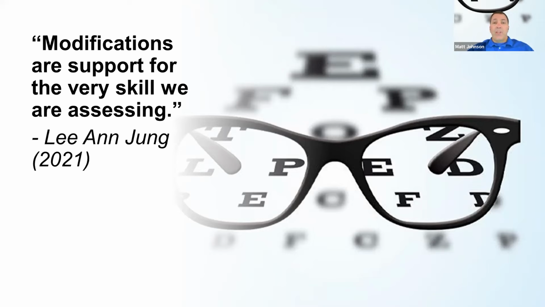So there could be some different things going on. If the student's working on multi-step directions, for example, they could be working on a biology experiment and their job is to do a part of that. They're maybe not going to be doing the writing up of the report, but maybe they're going to follow the steps in setting up the experiment or setting up the process, or designing different pieces of that. And we can parse it out a little bit so the student's involved in the process, but not responsible for the whole thing.